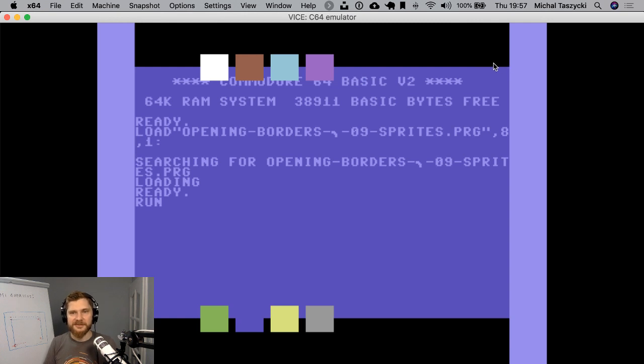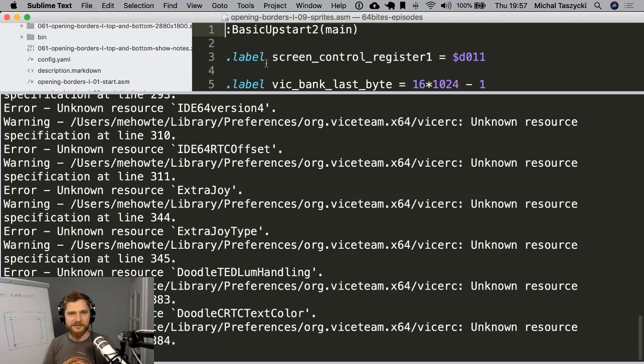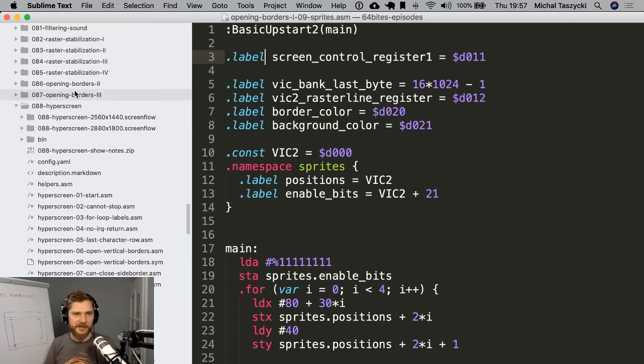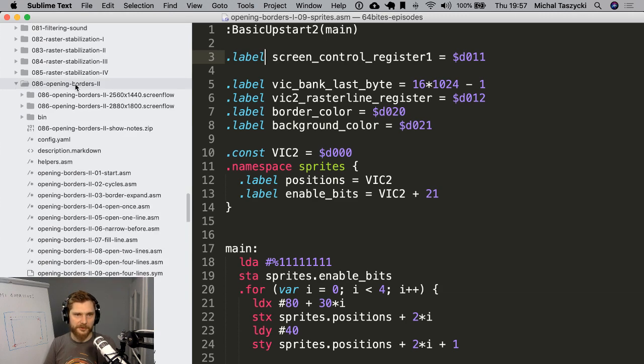The rest is just continuing opening the border on the rest of those lines. And if you see the episodes on opening borders,